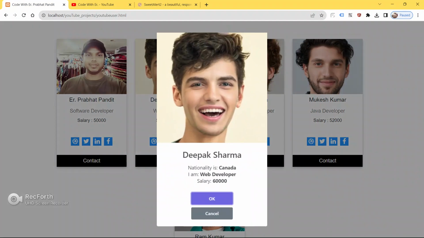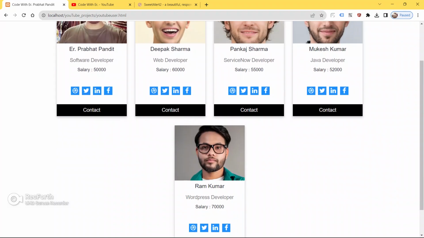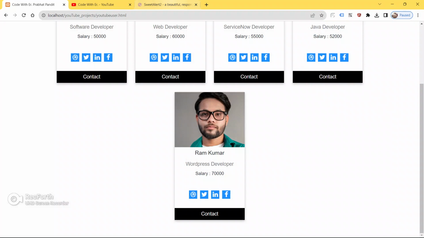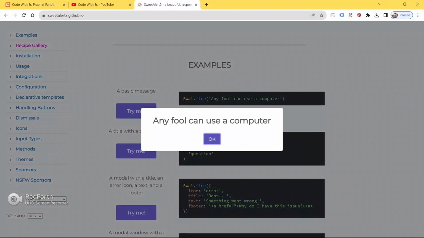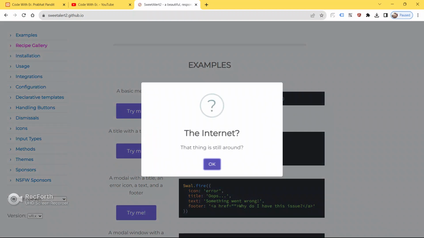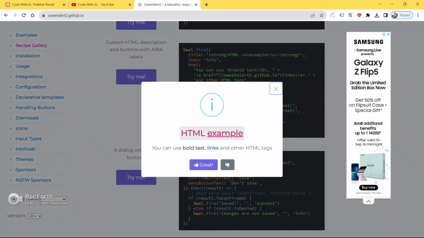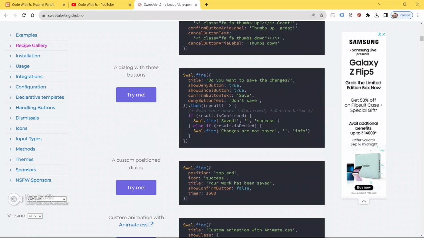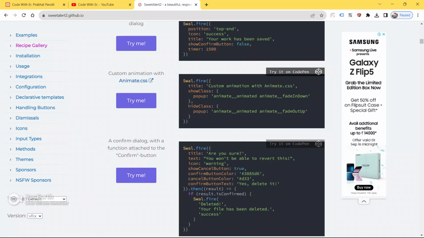As you can see here, I have already used Sweet Alert to show user details. This is the Sweet Alert I have already used, and I will show you how to use this Sweet Alert in our project, in our programming also. So don't worry, just be here and watch the entire video.